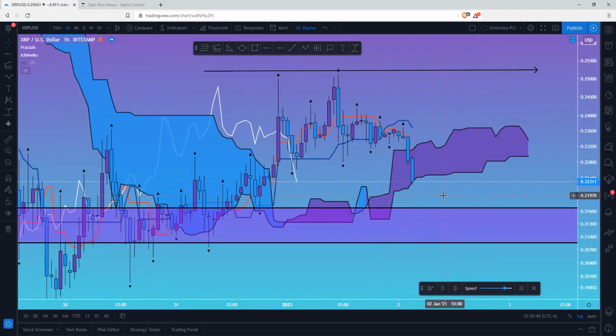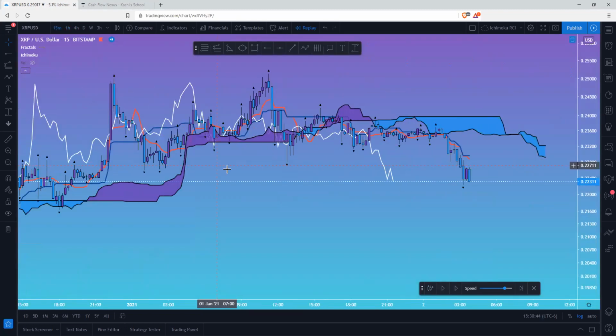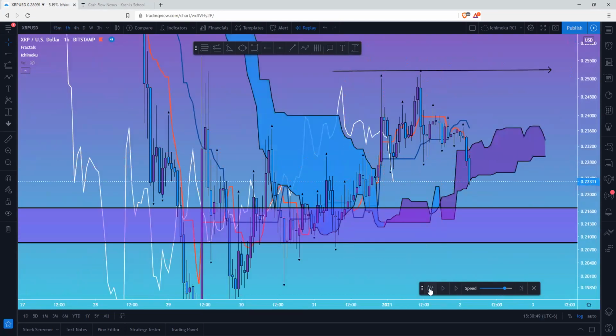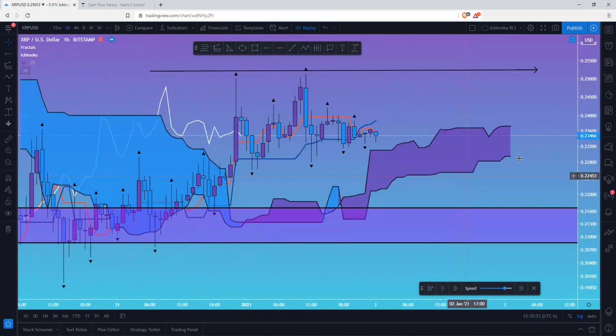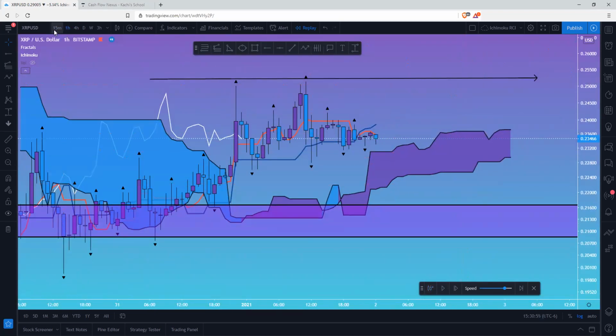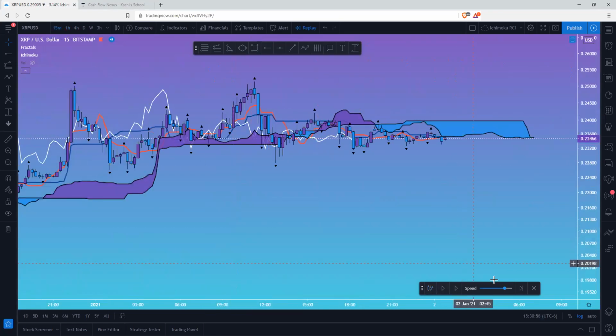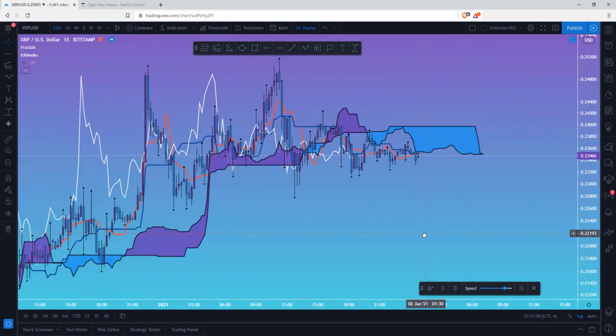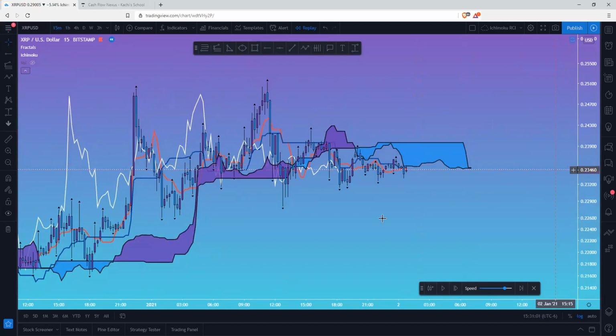So maybe we'd have to catch this on like the 15-minute chart. So yeah, you would have to catch this on the 15. So let's go back to the hour real quick. Let's go back to here where we were looking at it. So let's go back to 15. All right, here we go. So looking here on the 15-minute chart, it's saying it's more bearish here, but we wouldn't want to take no